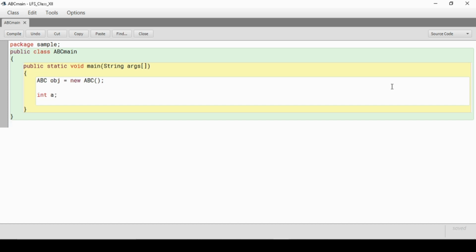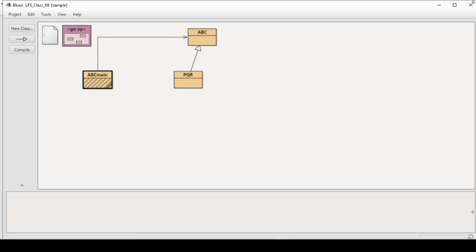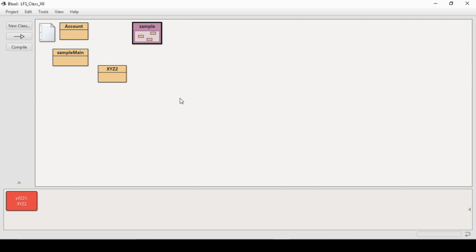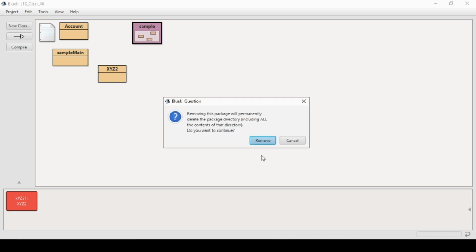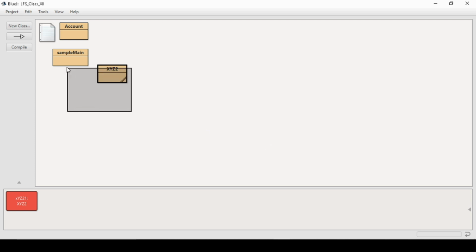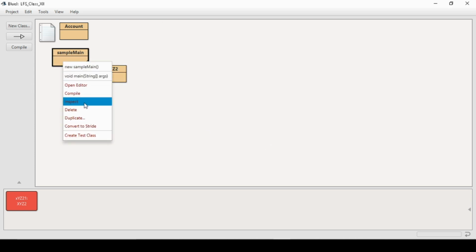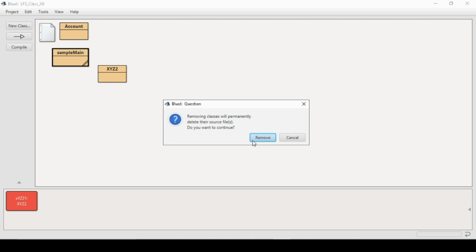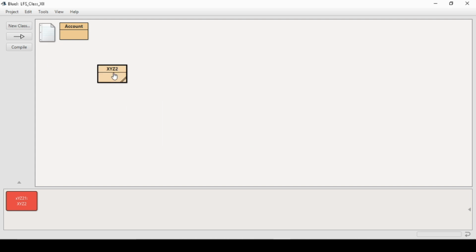Now we will see the static keyword along with data members. What happens when a static keyword is used with a data member, and when it is used with a member method? What changes are there? We are going to understand that. A few things that I don't need now, so I am deleting them. This was just to explain the access specifier and its scope. Now let's proceed to the topic static keyword.